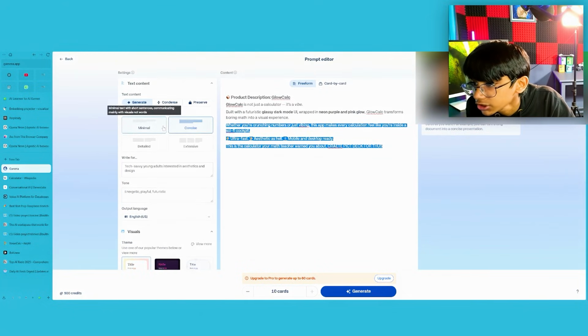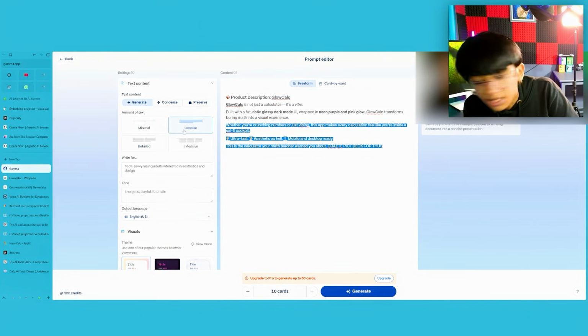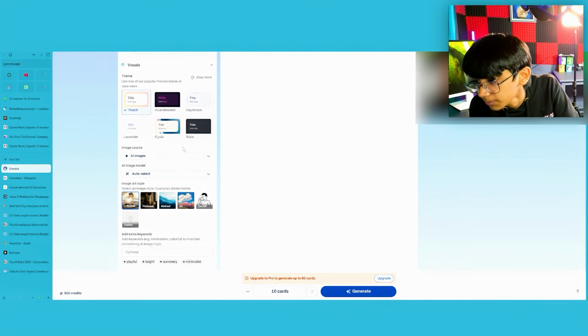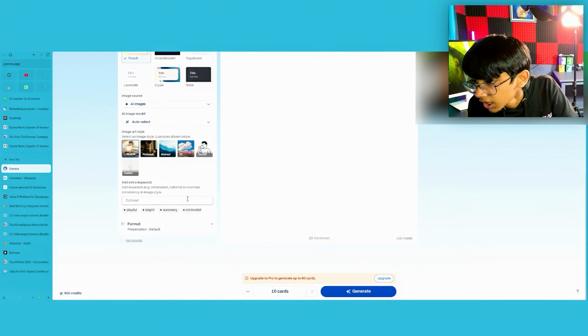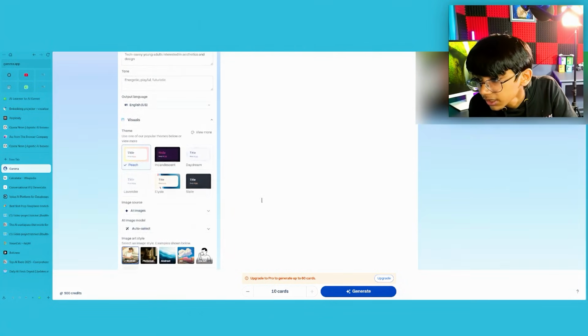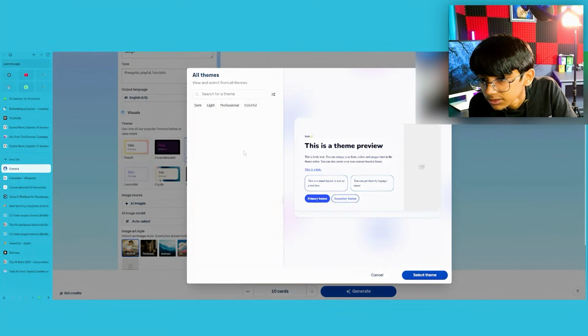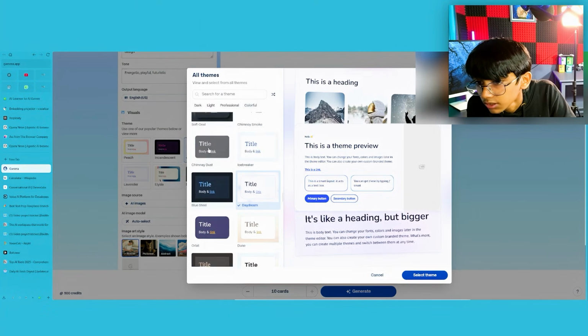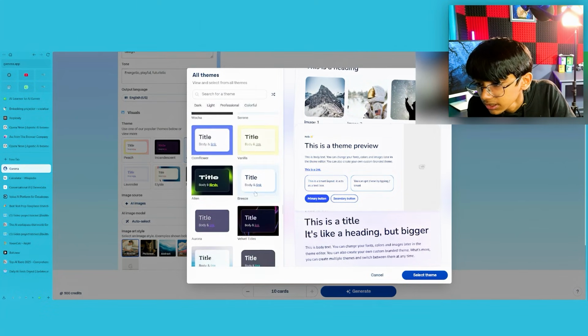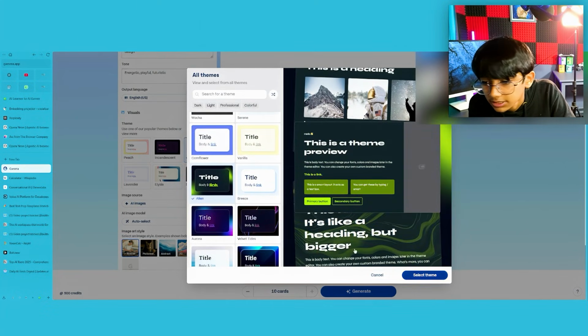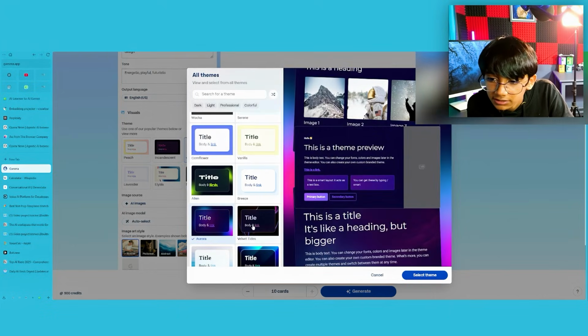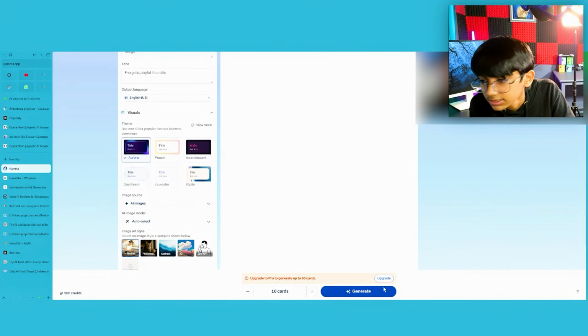And okay, so we can choose between minimal, concise, extensive. So I'm just going to go detailed. I prefer really minimal stuff on my PPTs, like you must have seen. And just playful, bright, minimalistic. And you can have your own themes here too. There is a lot of themes, like a lot. So actually, okay, I like this green one, but I like these colors. Okay, this thing, and click on